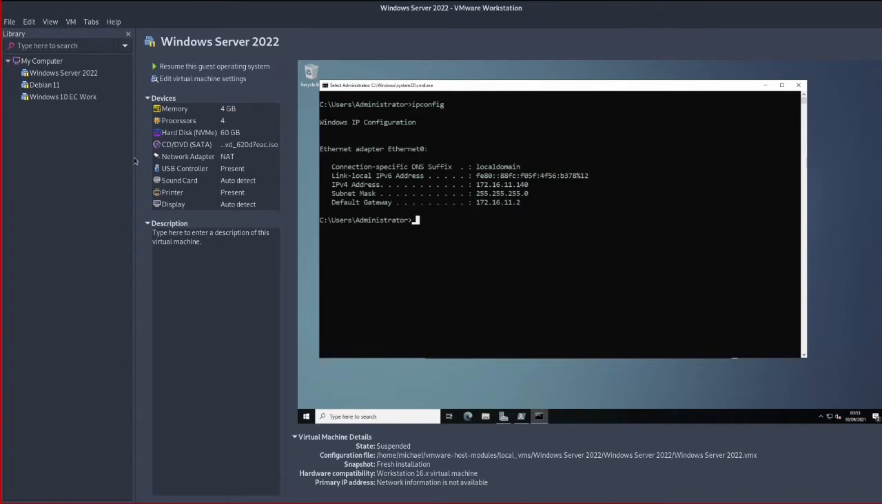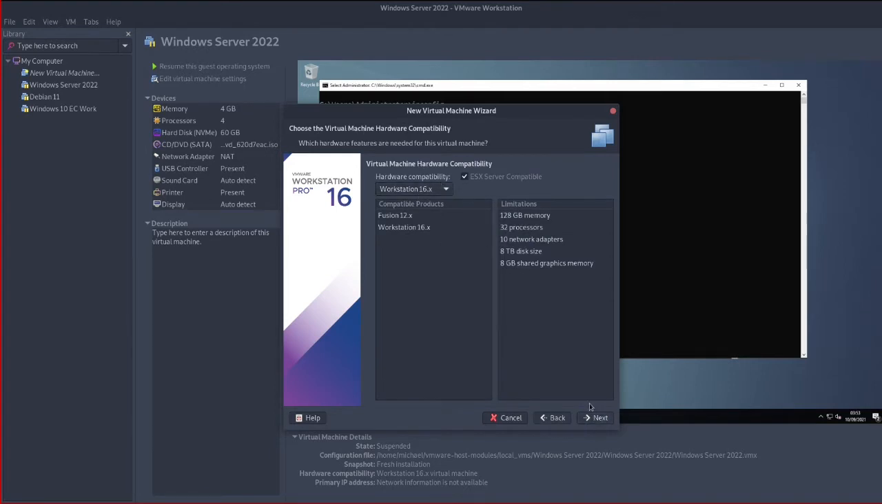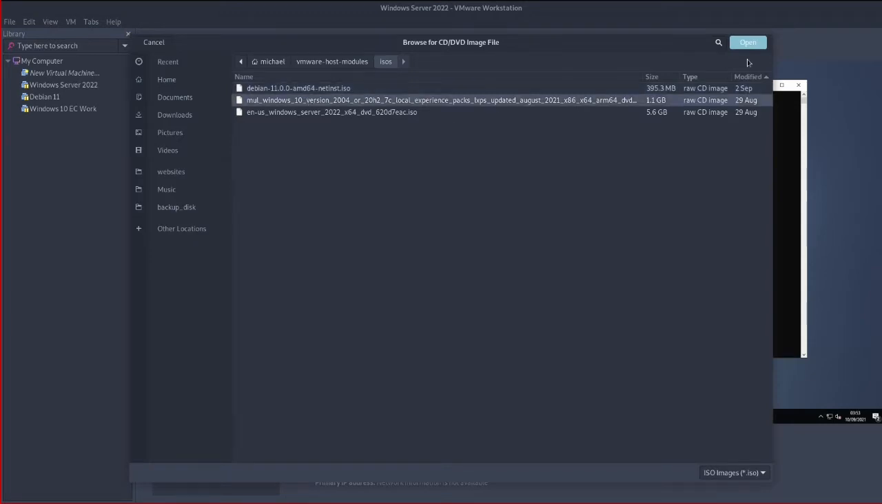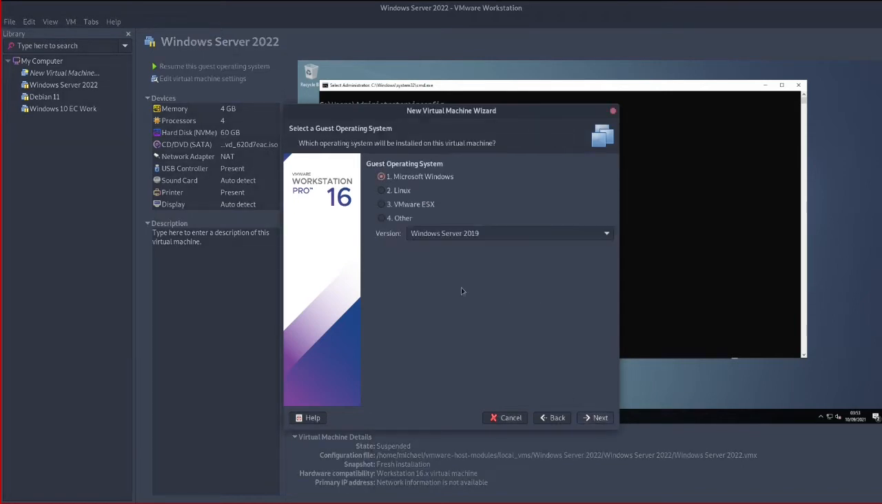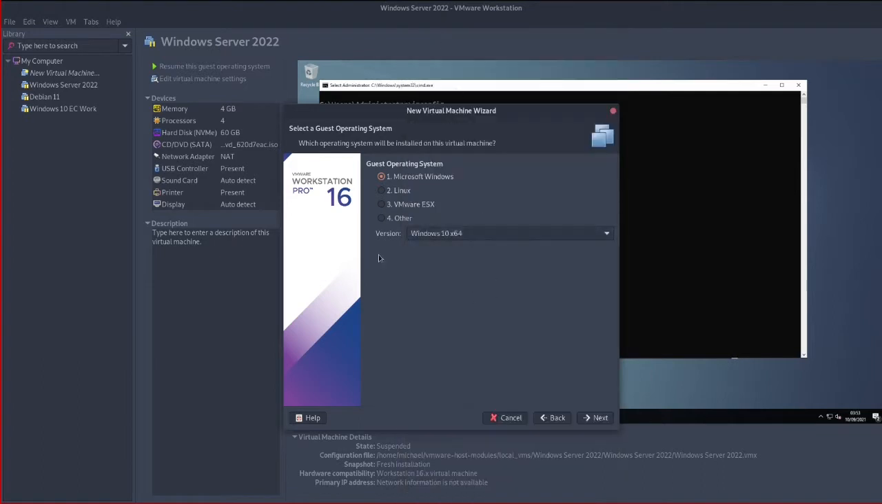Here I've got my VMware set up, and we've got our server from last week that's just sitting in paused, Windows Server 2022. So I'm going to create a new custom virtual machine, Workstation 16 compatible, and I'm going to use the Windows 10 client ISO. Now it's saying that it can't detect which operating system, which is a little bit alarming, but let's just set